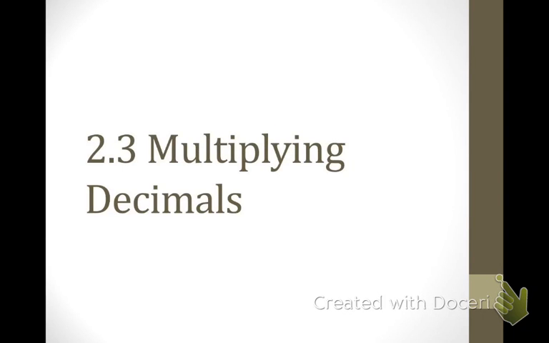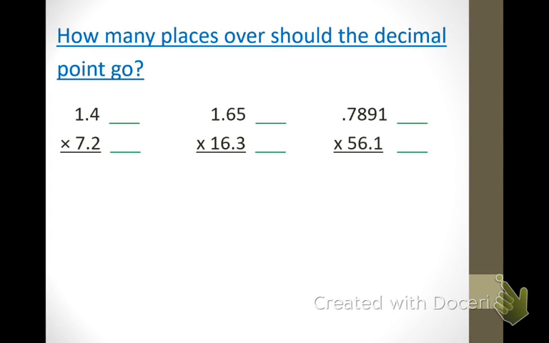Today we're going to be working on our next section, which is 2.3, multiplying decimals. Last week we were talking about adding and subtracting decimals. Today we're going to be talking about multiplying them. And beforehand, when we were adding and subtracting decimals, you always wanted to make sure that the decimal points lined up. But you can even see from a couple examples here, specifically as I'm looking at this one right here,